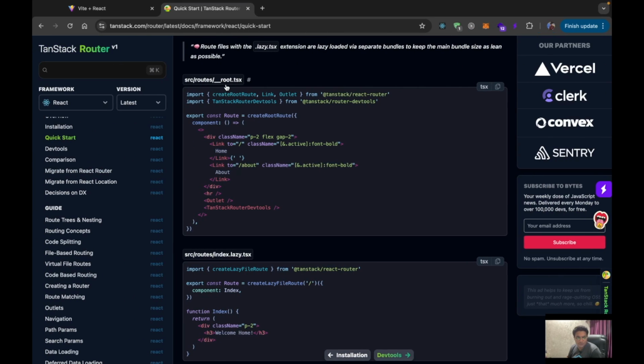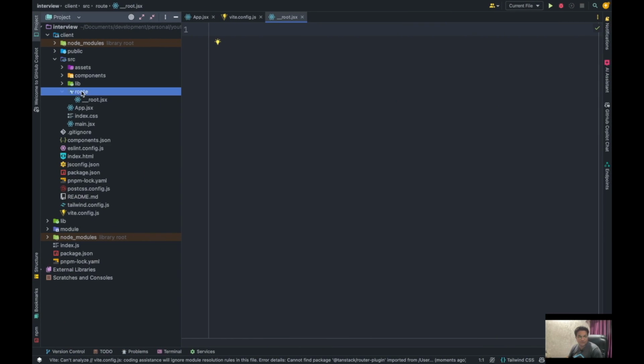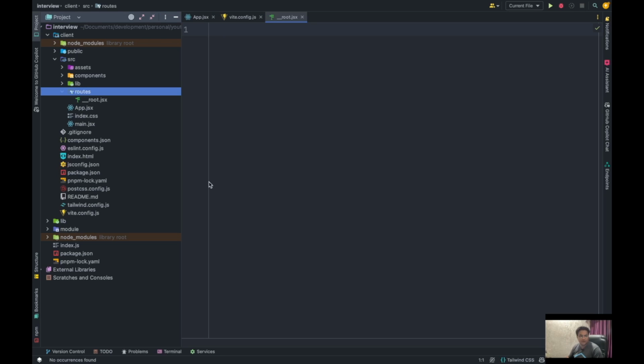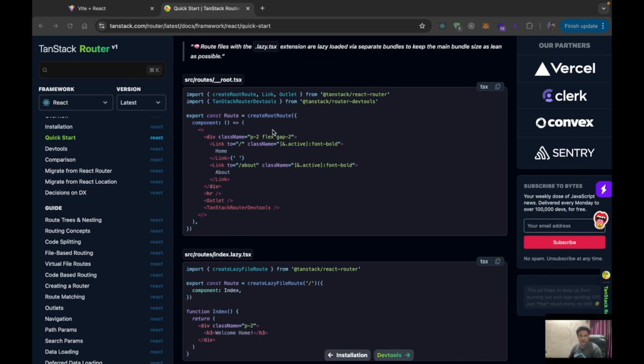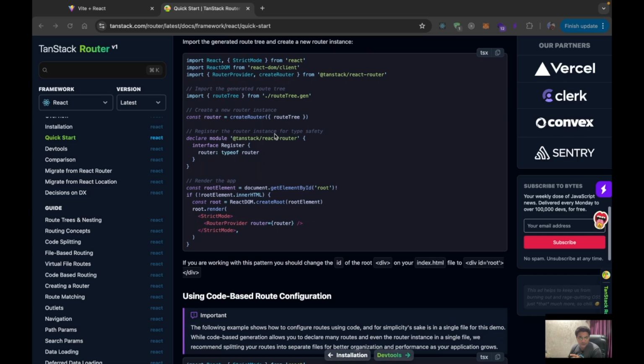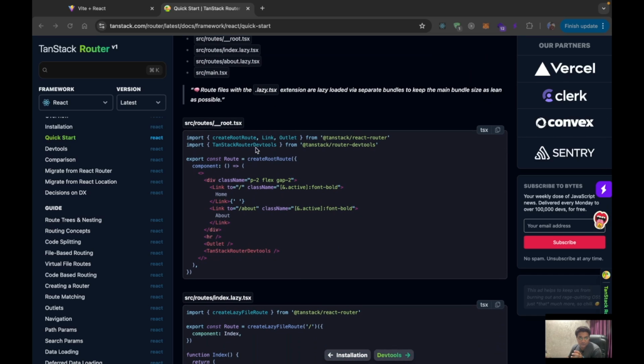Root should be renamed as routes, not root. Routes. Under that we have routes. Now we have to create our file router. So let's create the file router. I don't need this router. Instead of root route,